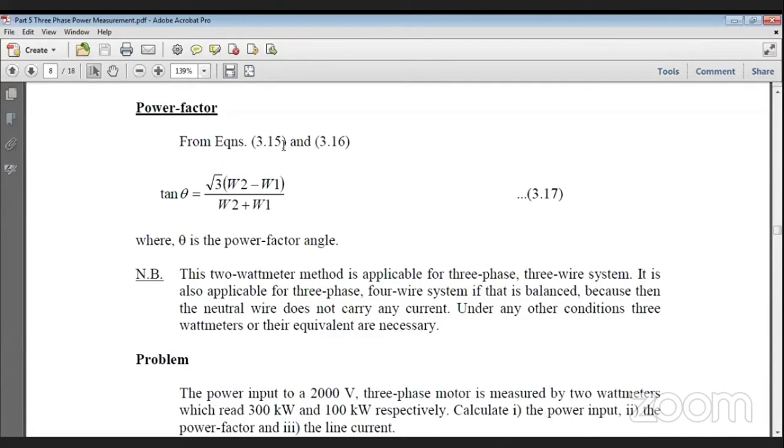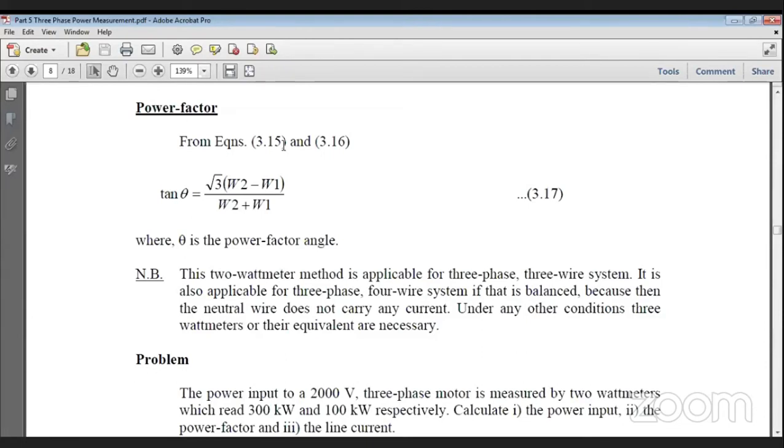No, there is a small confusion. See, this experiment is on a single motor. It is a single three-phase motor, not three different motors. So on a single motor, these three phases are always balanced because it's one motor only, driving only one load. So we manufacture a motor always as a balanced one. That means the A winding, B winding, C winding, we don't make them different. We make them identical. So if it is a single motor, it's a balanced load.